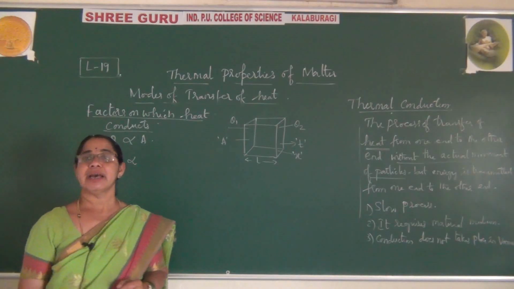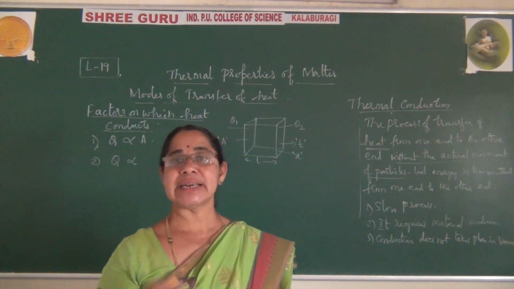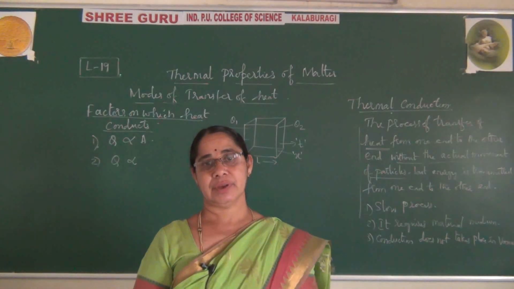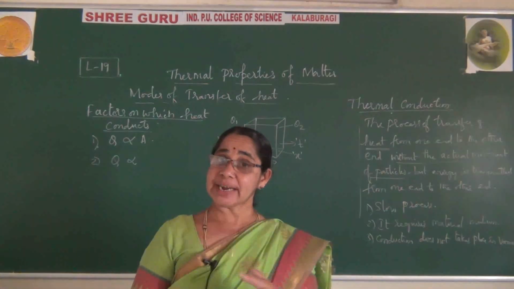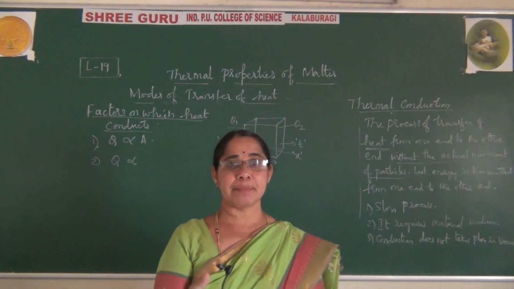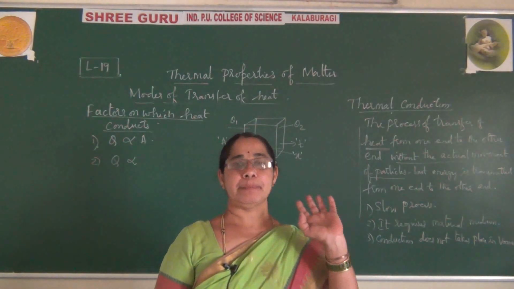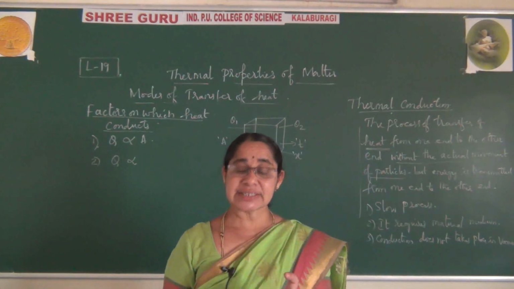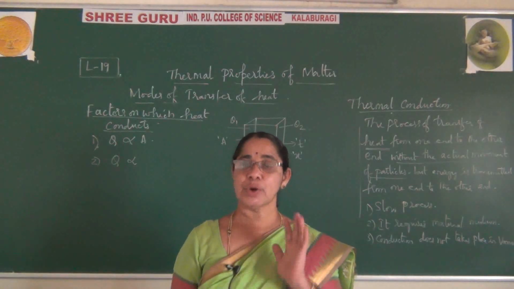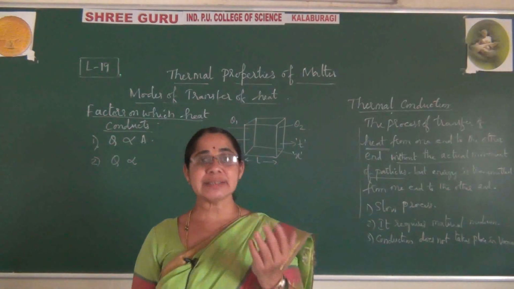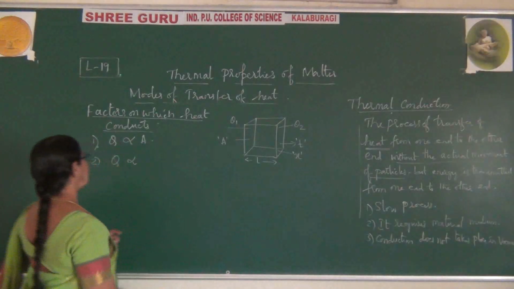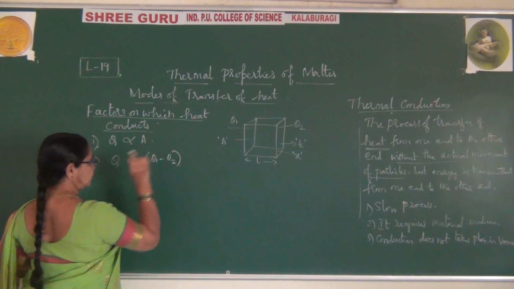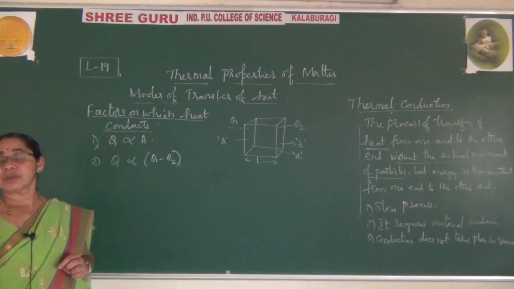How to select this? Remember, always we represent theta 1 as the hot junction and theta 2 as the cold junction. Now, madam, I want to say in terms of higher temperature: theta 1 is at higher temperature, theta 2 is at lower temperature. So you have every possibility here, but always you take the difference as higher temperature minus lower temperature, or hot junction minus cold junction. So let me write: the quantity of heat is directly proportional to theta 1 minus theta 2. So this is the second point.